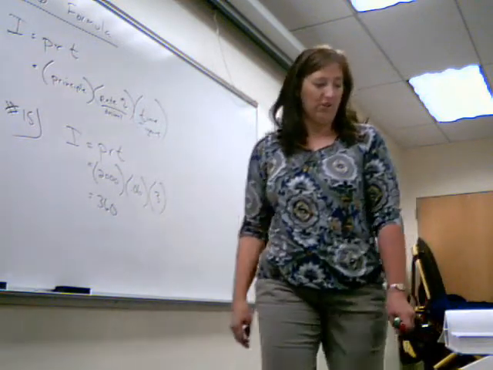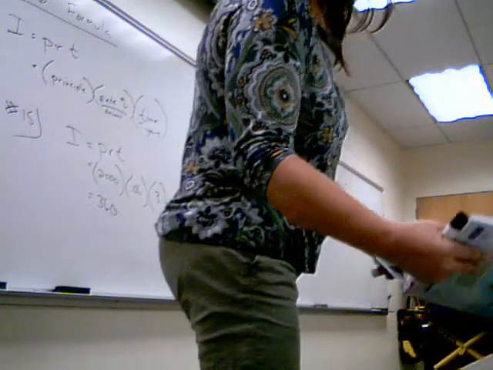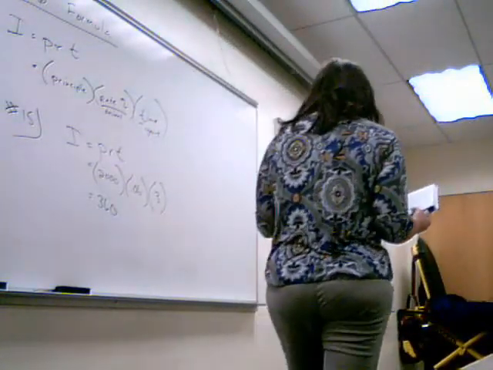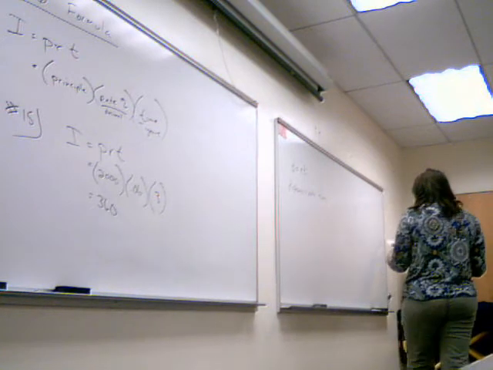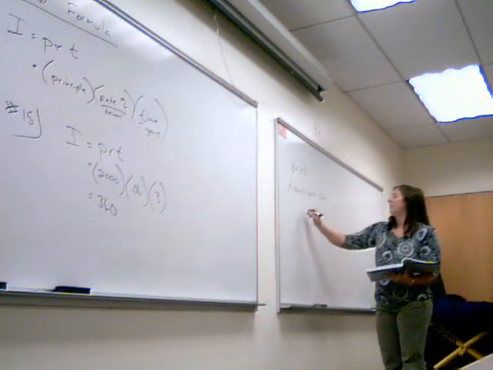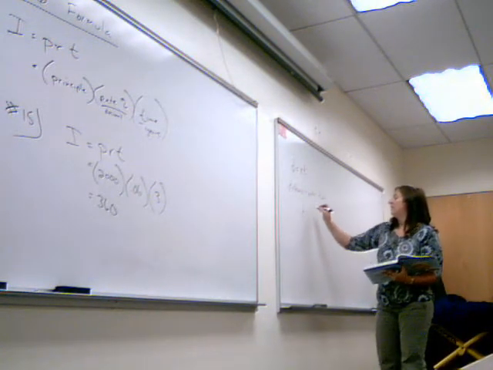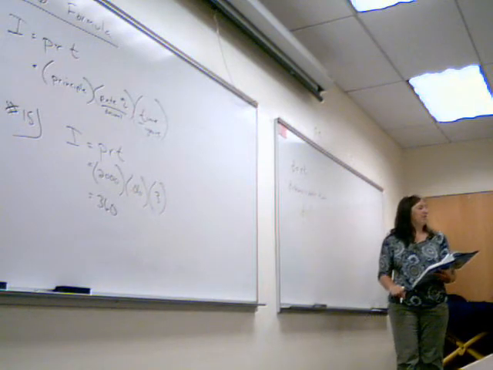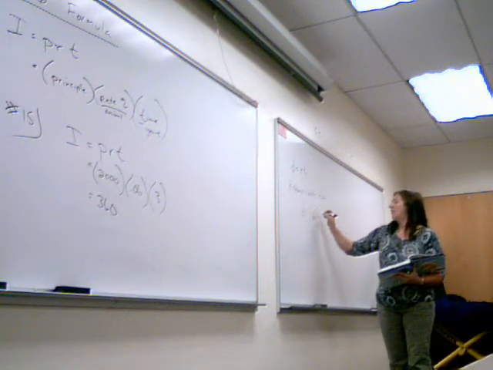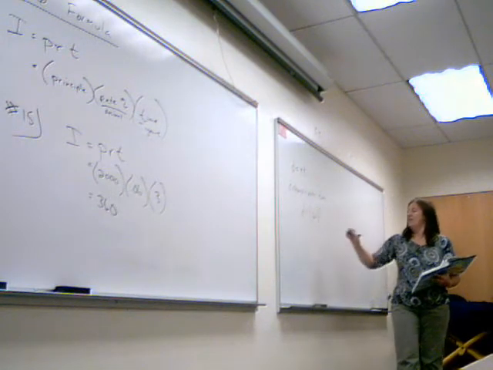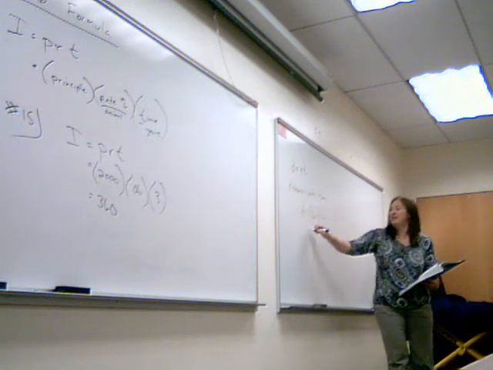Let's just look at number 11. So number 11 just says distance equals R times T. Find D when R equals 60 and T equals 8. So my rate was 60. My time was 8. So my answer is